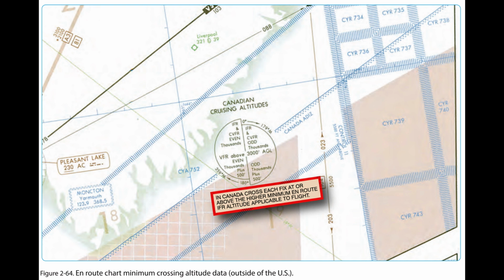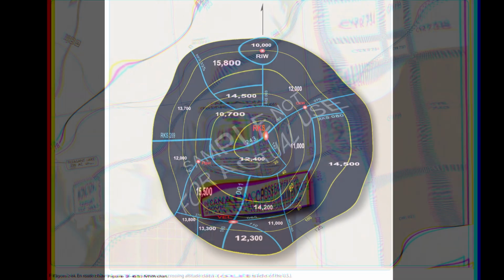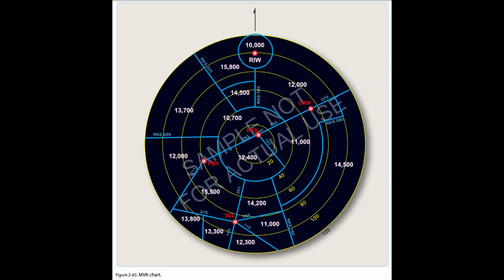Minimum vectoring altitudes, MVA. MVAs are established for use by ATC when radar ATC is exercised. The MVA provides 1,000 feet of clearance above the highest obstacle in non-mountainous areas and